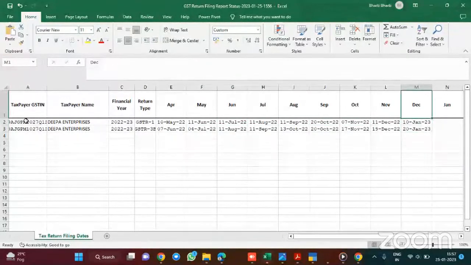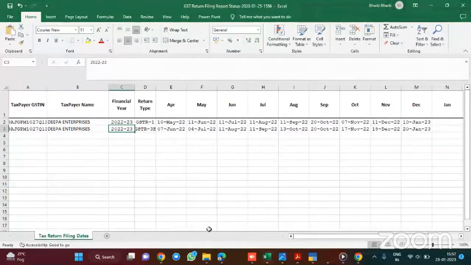So you can also check whether the supplier is compliant and filing their returns on time. If you see this vendor, most of them have been filed within the due date, except this September return. And GSTR3B has mostly been filed within the due date.